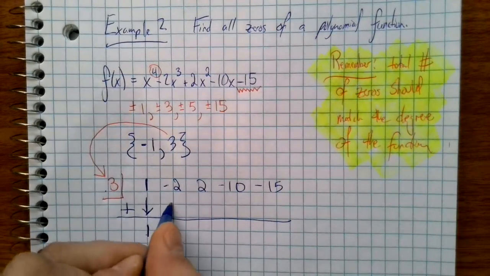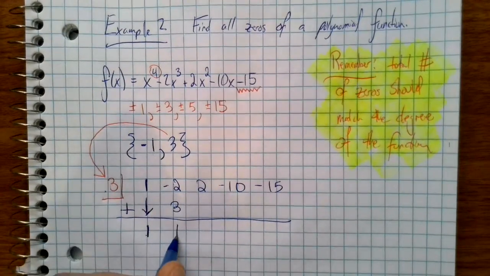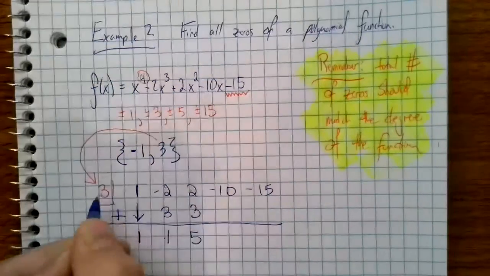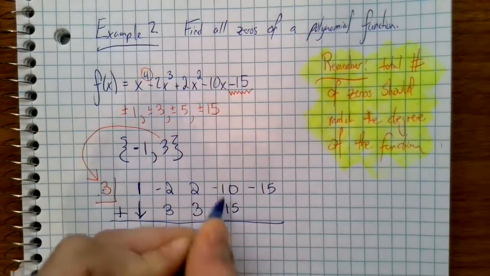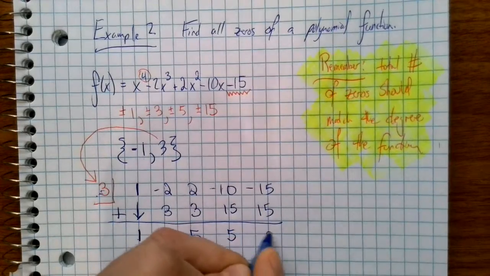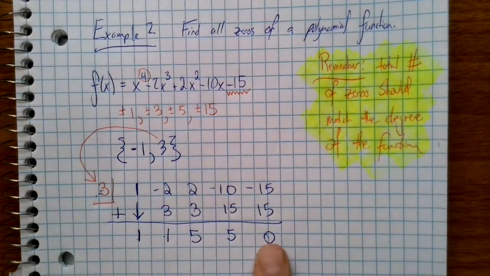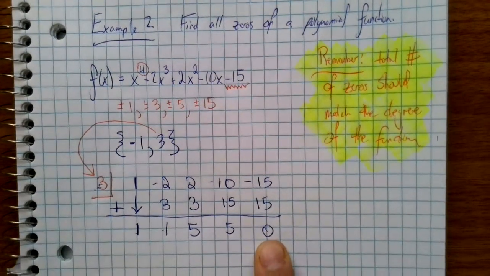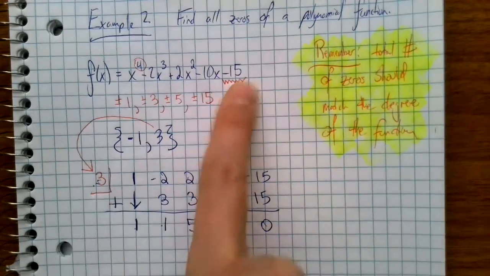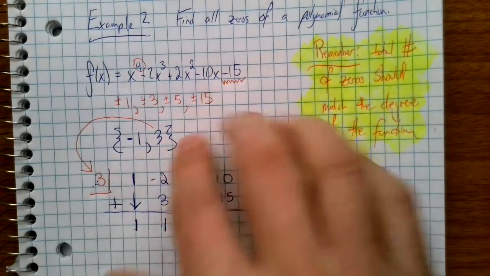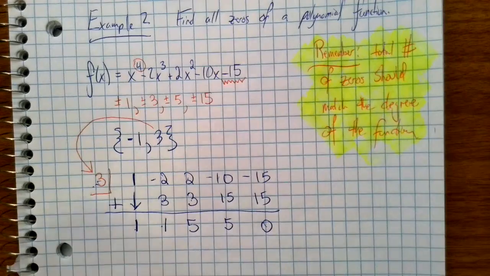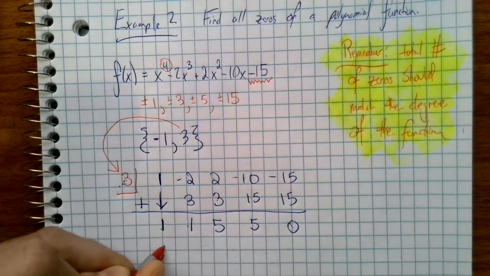Multiply, add, multiply, add, multiply, add, multiply, add. Now, fortunately, this remainder of 0 should come as no surprise, because we knew that this was a 0 of this function, which means its factor should be a factor of this function, or this function should be divisible by that factor. So what we're going to do next is write the resulting